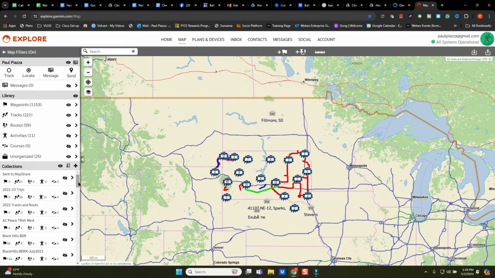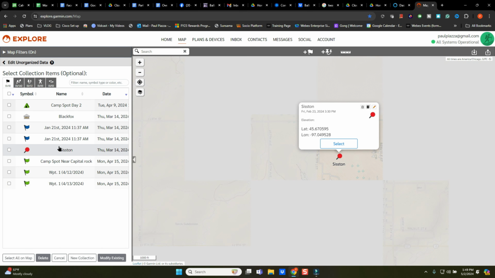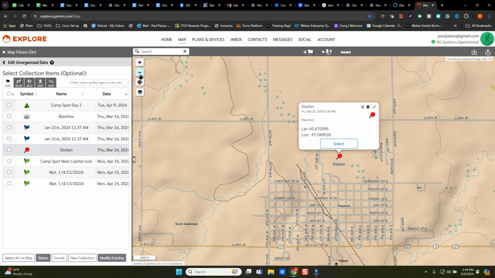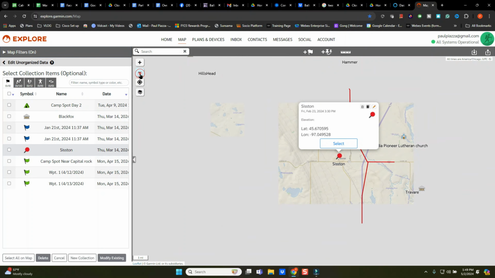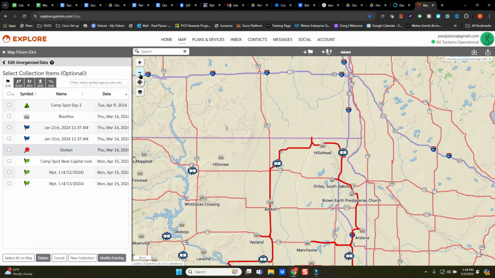Then, as you store these different waypoints, one of the key things that you want to look at after every trip is if you have any that are uncategorized. I don't like it when things are uncategorized, because to me, if it's uncategorized, it means I haven't done anything with it. So we're going to take this one here and look at it. Oh, well, we can see here as we zoom in, this is showing up, and I'm making sure what state it's in. I believe it's in South Dakota. It is. So as we zoom back in, I want to add this.